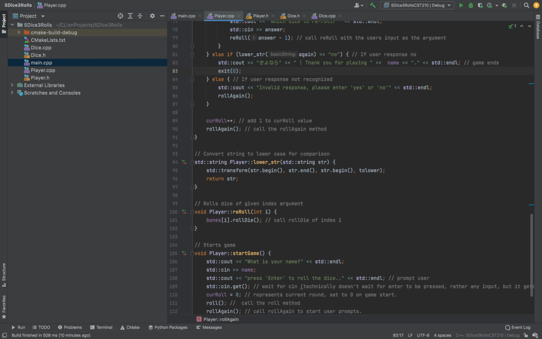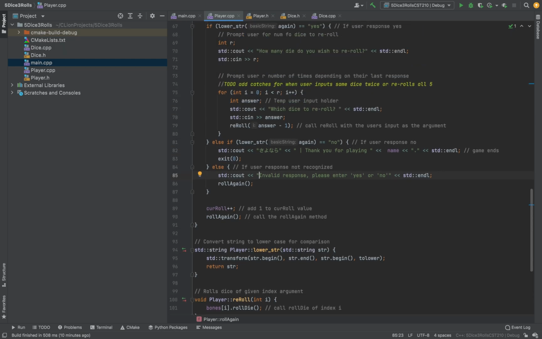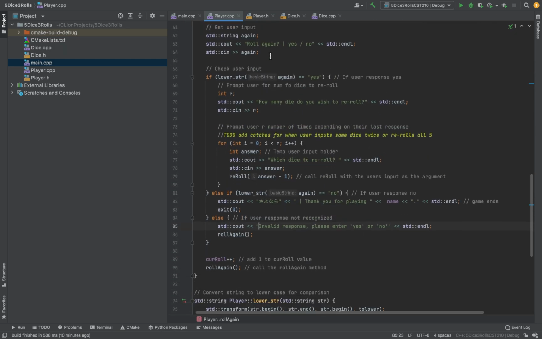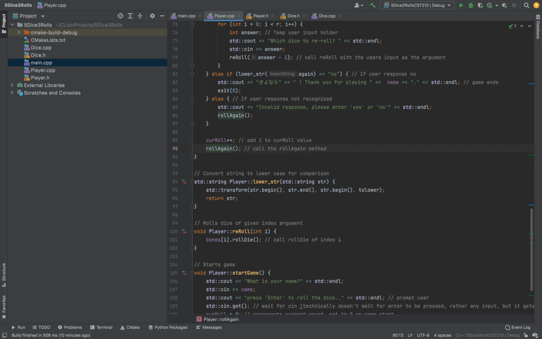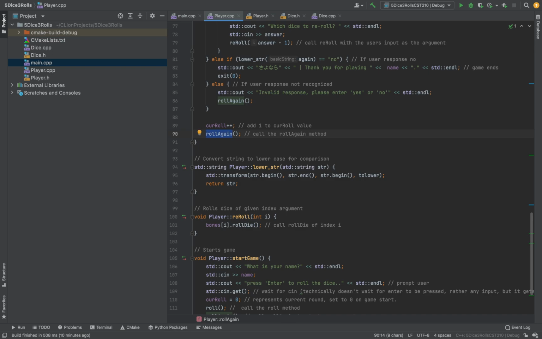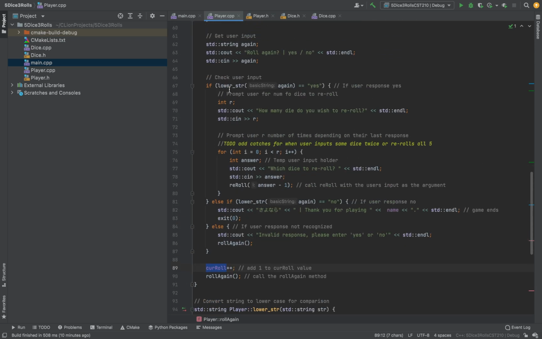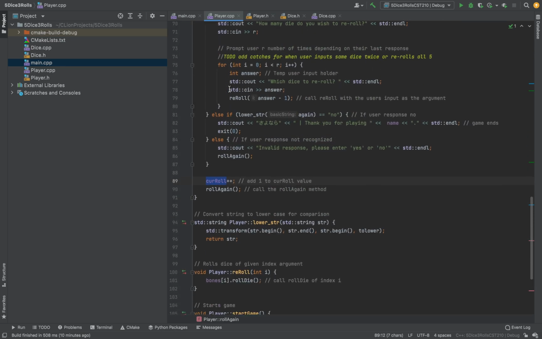And then else if they say no, then we're just going to exit and use exit code 0 for successful. And then else if the user response is not recognized, invalid response, and then that's just going to call up to the method again recursively. And then we're just going to add 1 to the current roll to say that we're going on to the next round, and then roll again. And this is just, like I said, an index. I guess I could have used a for loop or a while loop. I just used recursion, but